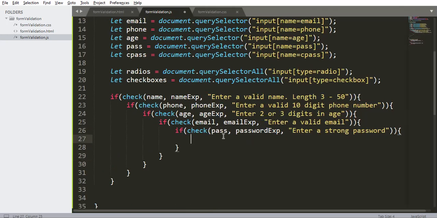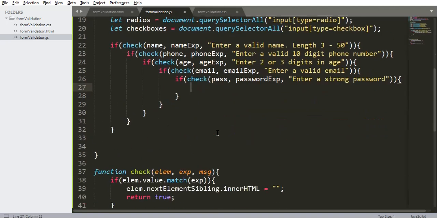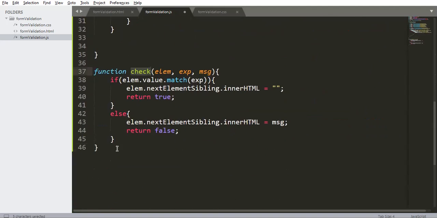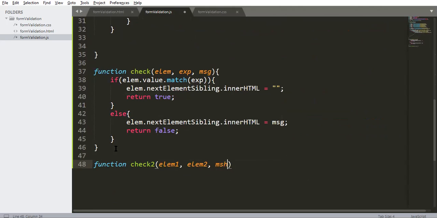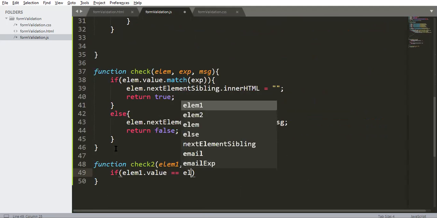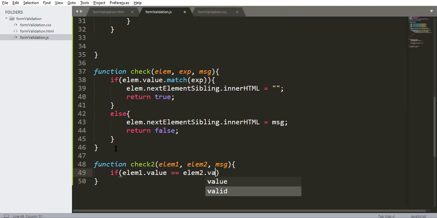After the password, I need to check whether the password and confirm password fields match. For that, I need to create another function. Let's name it check2. This will take two elements and match the values, element 1 and element 2. If element 1 dot value is equal to element 2 dot value,